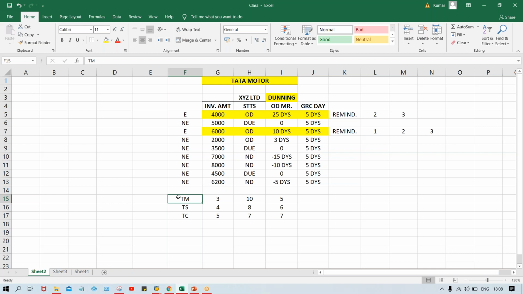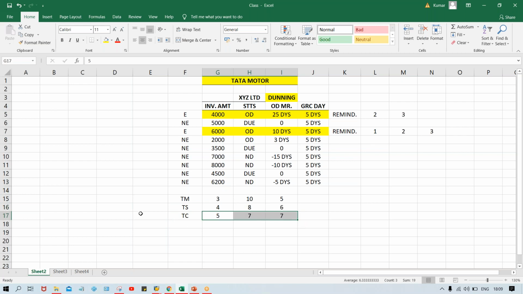So what do we have to do with configurations, guys? The standard settings are standard. This dunning program is given by SAP, but we have to configure it as per the client's requirement, as per the customer's requirement. So who is your customer, guys? If we are doing implementation for Tata Motor, then Tata Motor is our customer, right? So we make these settings as per Tata Motor. Whenever we go for rollout for Tata Steel, then for Tata Steel we define a different dunning procedure, and for Tata Chemical we define a different